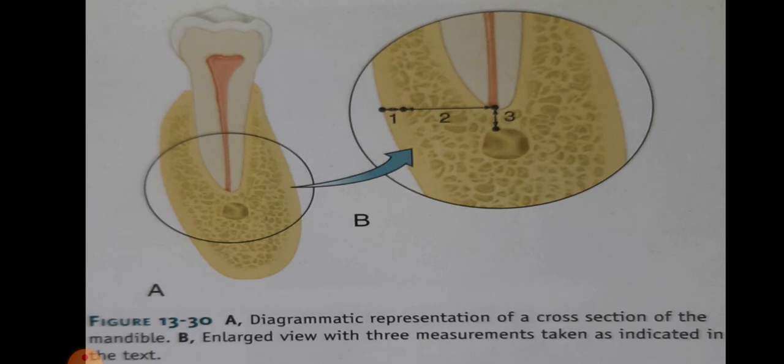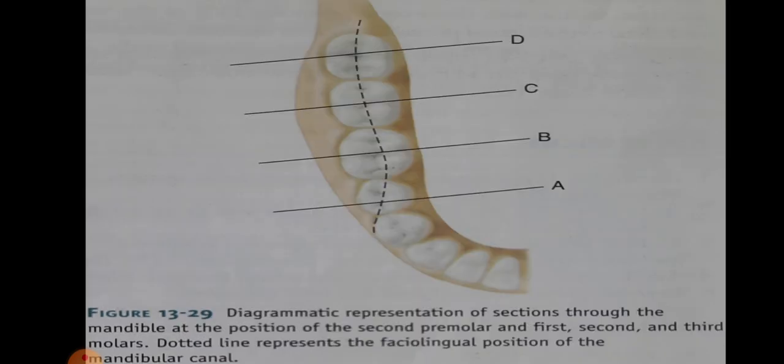With regard to the buccolingual alignment of the mandibular canal to the root apices, the canal is in vertical alignment with the second premolars for 65% of the time, slightly lingual to the apices of the first premolars, slightly lingual to the apices of the first molar for 71% of the time, in line with the apices of the second molars for 73% of the time, and in line with the third molars for 56% of the time.